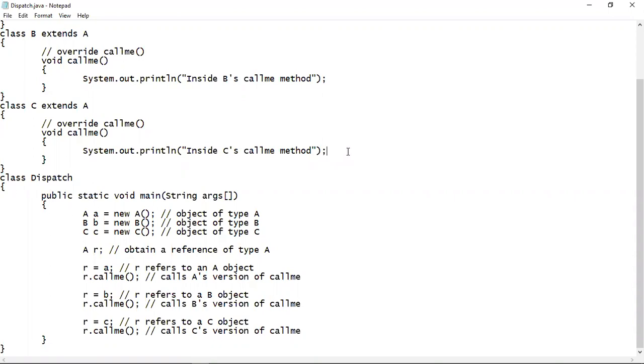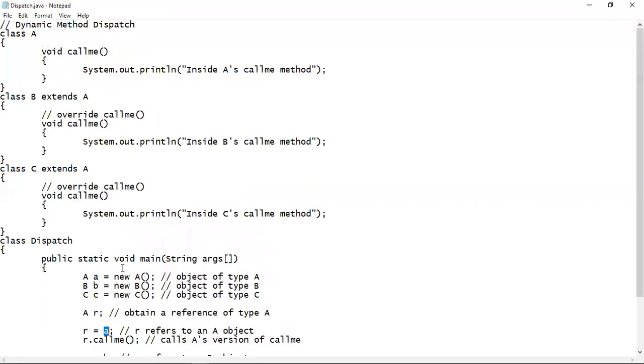As you can see, the version of the callme method being executed is determined by the type of object being referred to. That means what type of object we assign into R determines which version of the callme method will be called. Here we are assigning the A class object into R. That's why A's version of the callme method is being called.